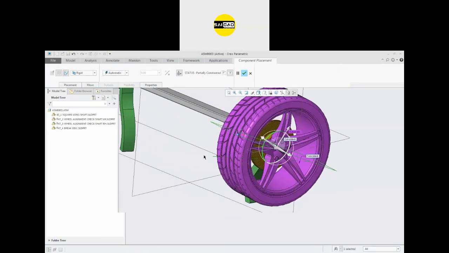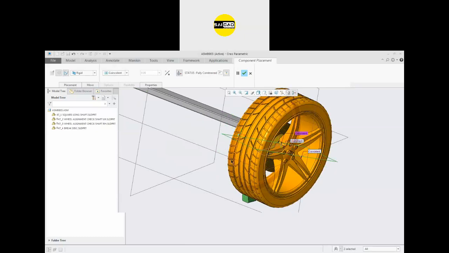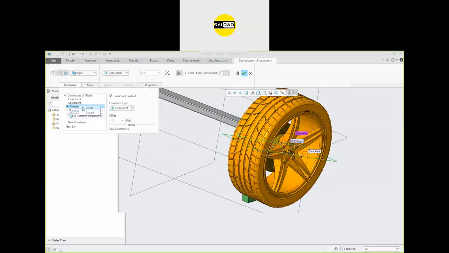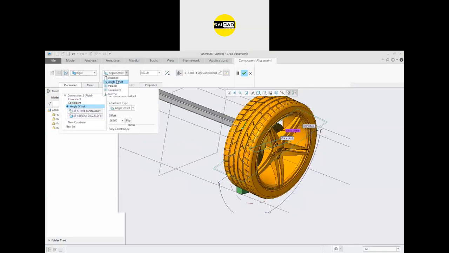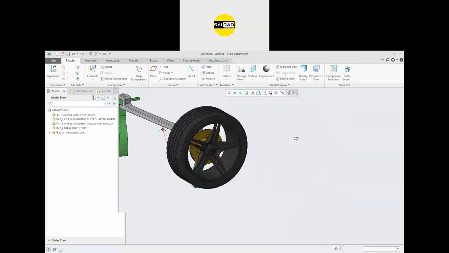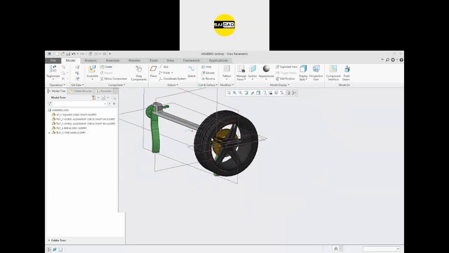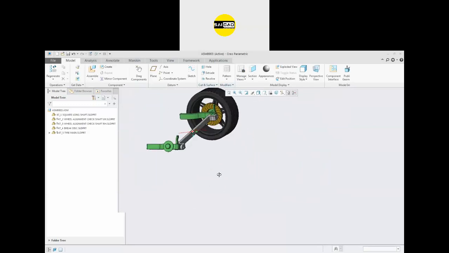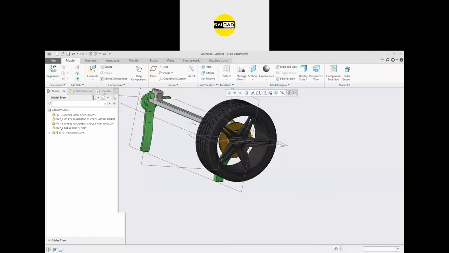I can just select the two planes, the placement, select the two planes like this one and this one, and both should be at coincident. Click OK, and both the objects are now rigid. Rigid means they are one unit, one entity. They will rotate or move according to the constraint applied to the inner part.